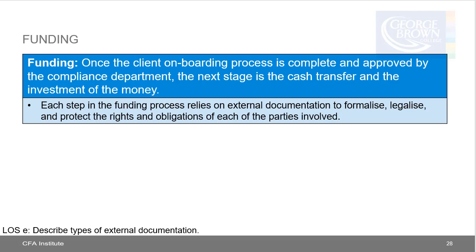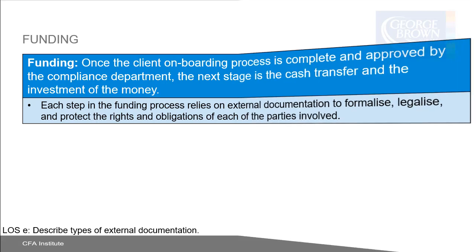Once the client onboarding process is complete and the relationship has been initiated and approved by the compliance department, the next stage is the cash transfer and the investment of the money. After receiving the money, the company initiates the investment transaction and sends a formal confirmation to the client. Each step in the funding process relies on external documentation to formalize, legalize, and protect the rights and obligations of each of the parties involved. Service providers may provide transaction, safekeeping, or administrative services to the client or the company, and external documentation would also be used to record activities